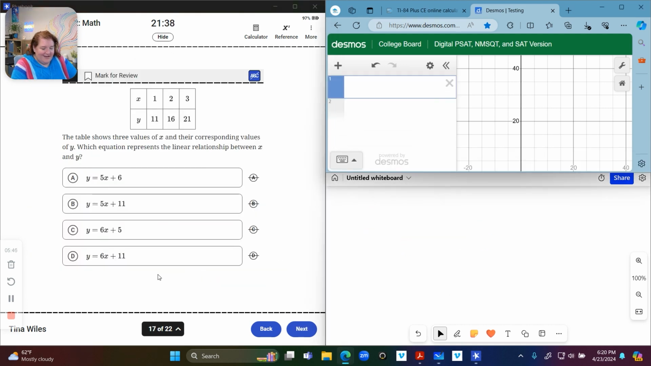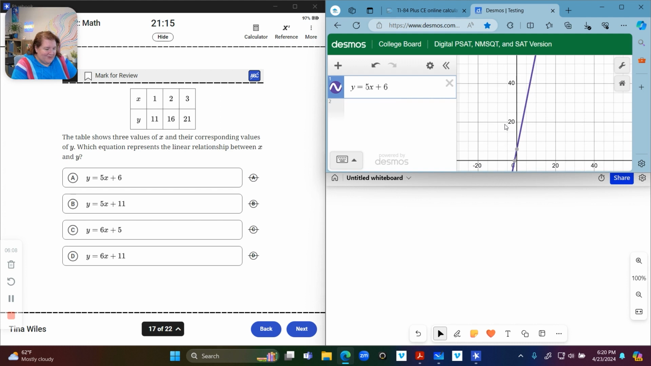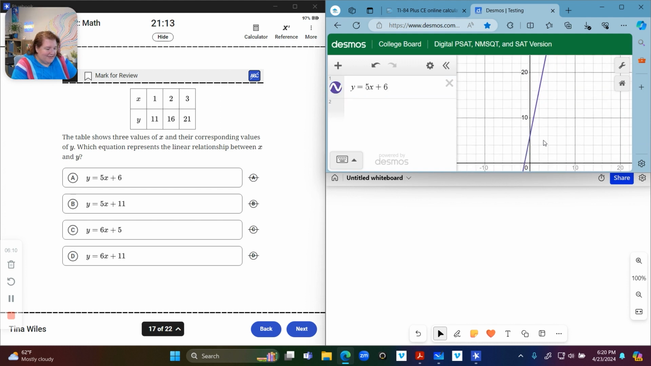All right, number 17. The table shows 3 values of x and their corresponding values of y. Which equation represents the linear relationship between x and y? So you could do this several ways. The first way is I could actually graph the answers. 5x plus 6. And then I'm going to zoom in and see if